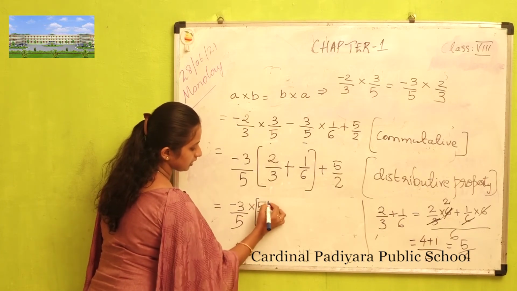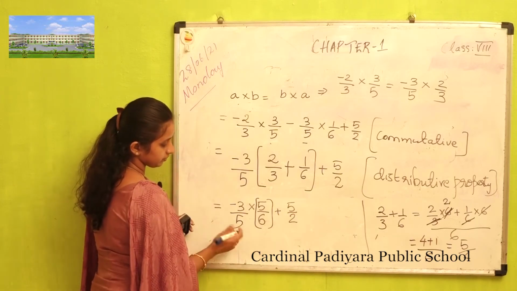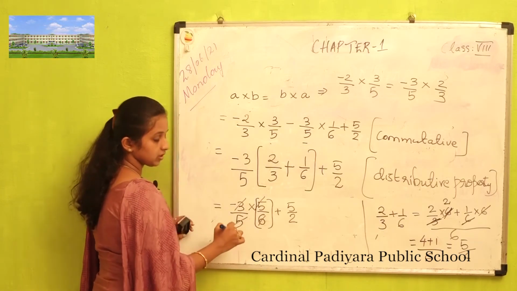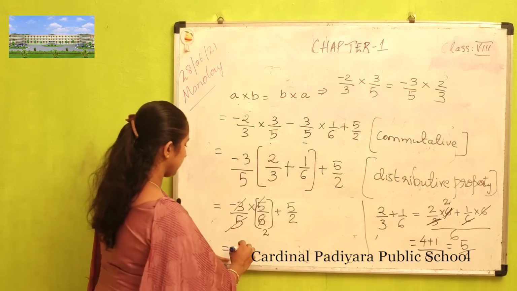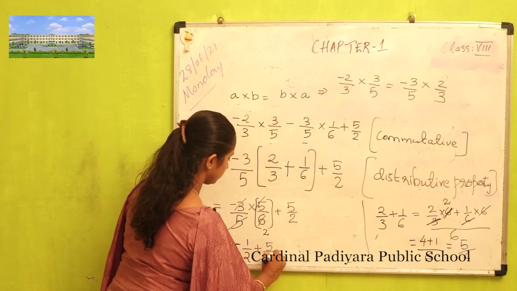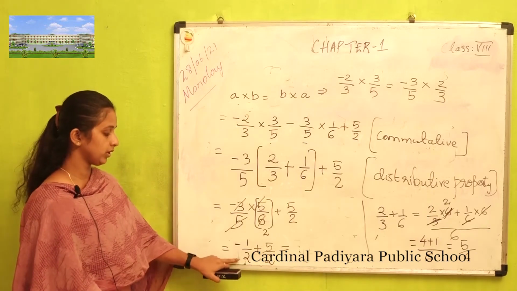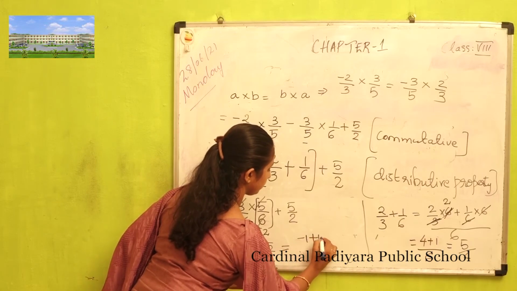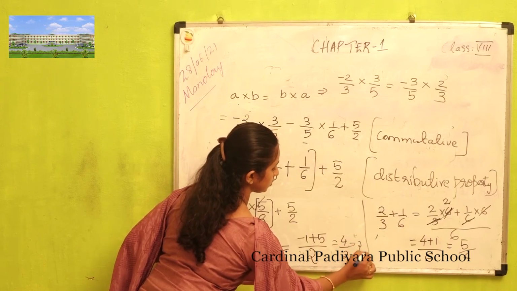If you want, you can keep that one in a bracket. Plus 5 by 2. See, this is multiplying. So we can cancel 5 and 5, 3 and 6. That is 2 into 3 is 6. Therefore 2 times. That is negative 1 by 2 plus 5 by 2. This can be written as, see, the denominators are same, 2 in both cases. So minus 1 plus 5 all divided by 2. That is 4 by 2. The answer is 2. Okay.